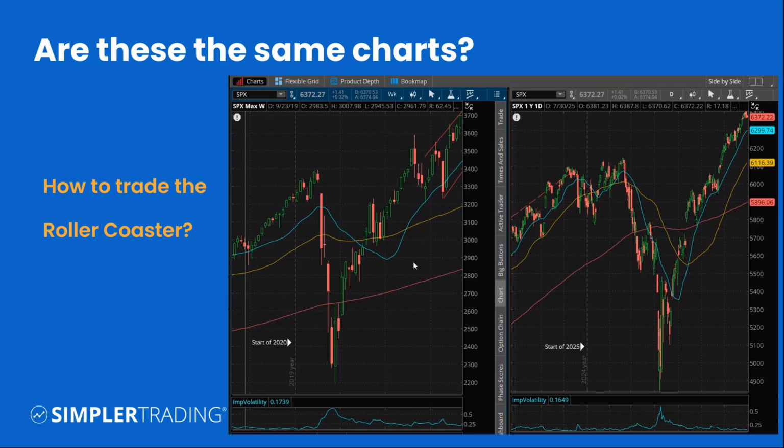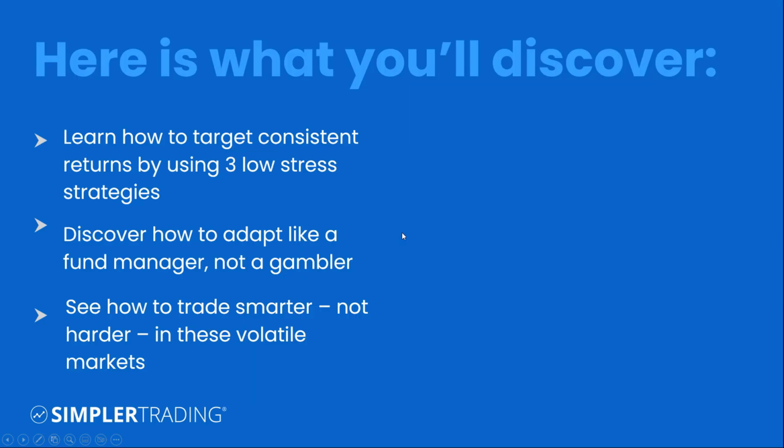What you will find is that I track all the trades. I track what strategies we use. I've had my trading group for 12 years now, and I track what works and what doesn't, and things evolve over time, so you have to be able to evolve with them, right? You have to adapt. You have to think like a fund manager and not a gambler. We are all traders, but there's a difference between trading with a system, with a process, versus gambling, chasing trades, and not having a plan on your trades.